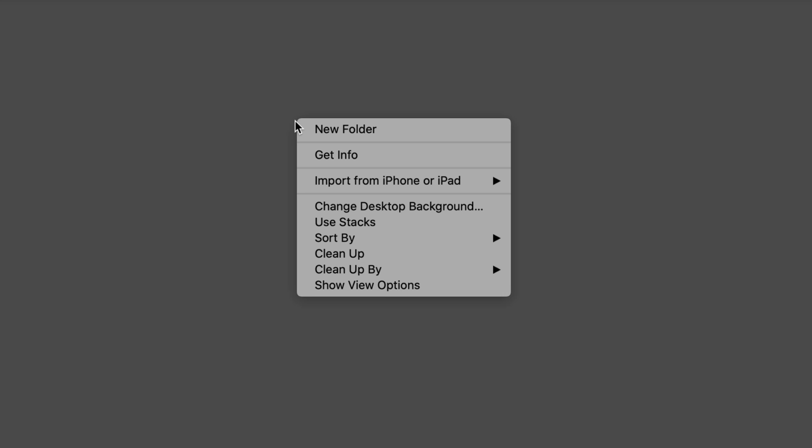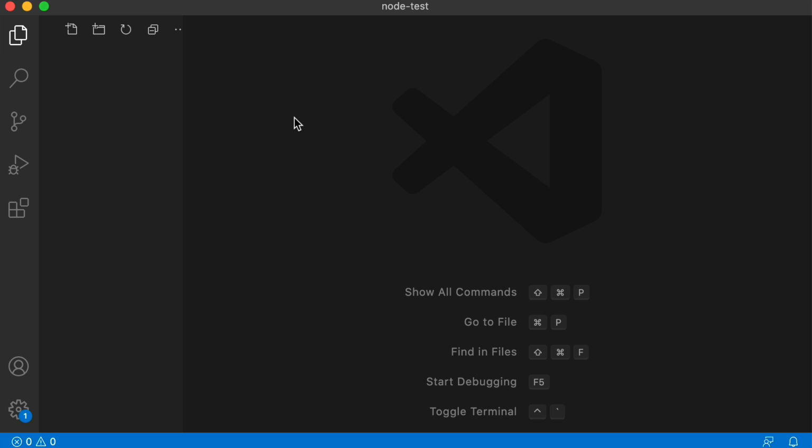I want you to create an empty folder somewhere on your computer. So I'm just going to create a new folder on my desktop. You could create it anywhere, but I'll name it Node Test. The name doesn't matter, but then go ahead and open this folder in VS Code. Okay, so when you open an entire folder in VS Code, now in the left-hand sidebar, we can create a new file. We can name it anything, but I'll name it maybe